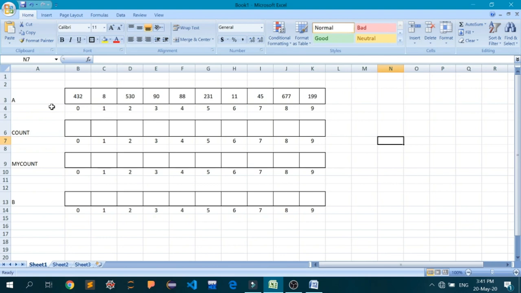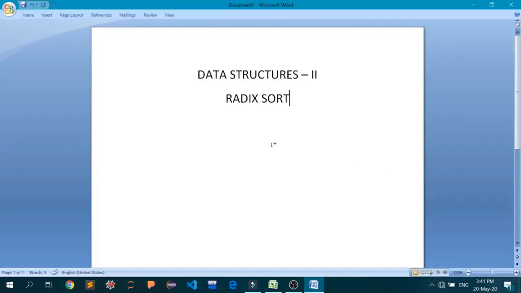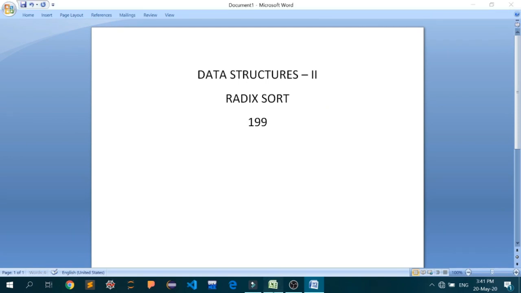Now radix sort is just an application of counting sort, but instead of applying it to the complete number, we are going to apply the counting sort for each radix. Let me first explain what I'm trying to say. Let's say we have a number called 199, and it is present in our array.